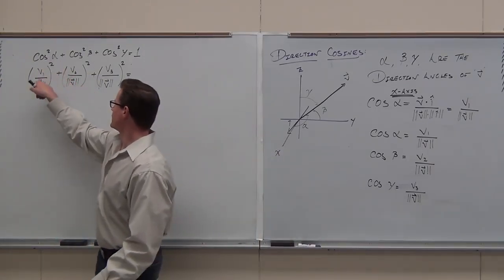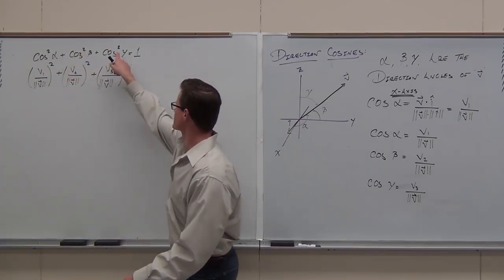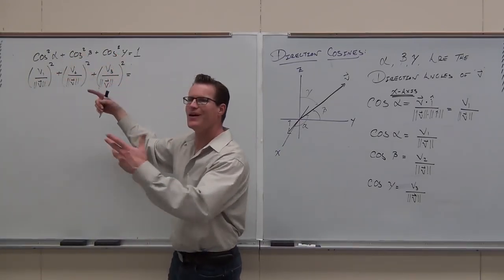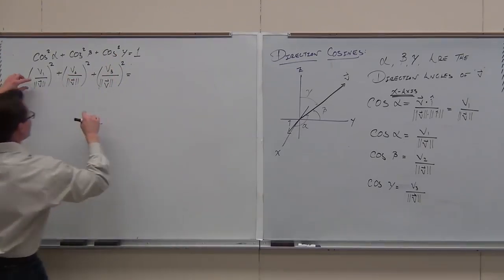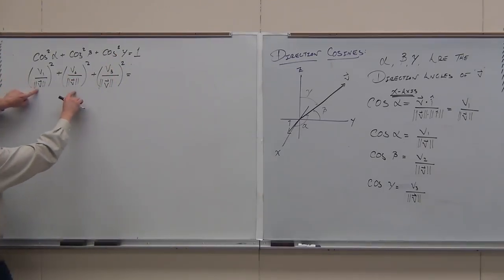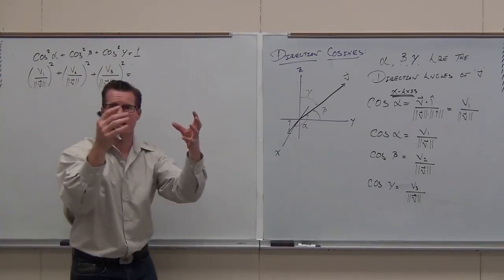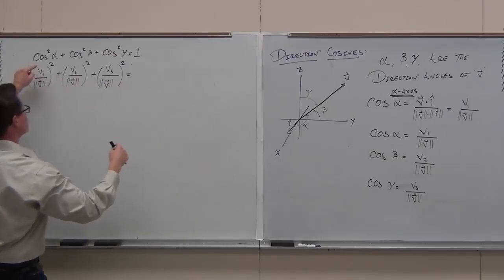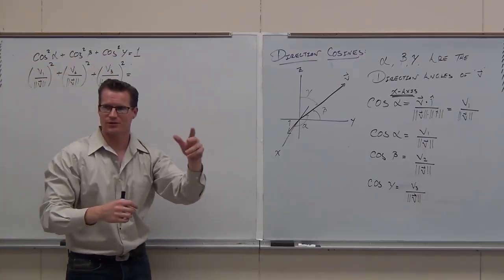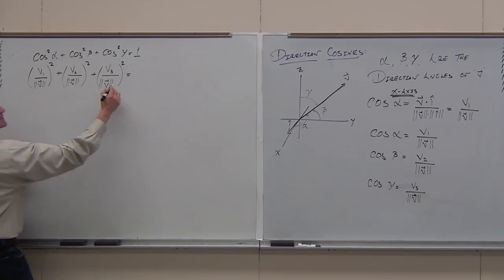If cosine alpha is this, and cosine beta is this, and cosine gamma is this, and you square them all, look what happens. I get magnitude squared as a common denominator. I get V1, V2, V3 all squared respectively, which says, okay, this is